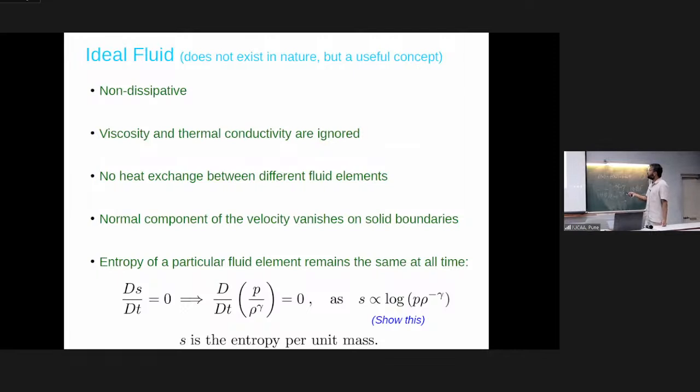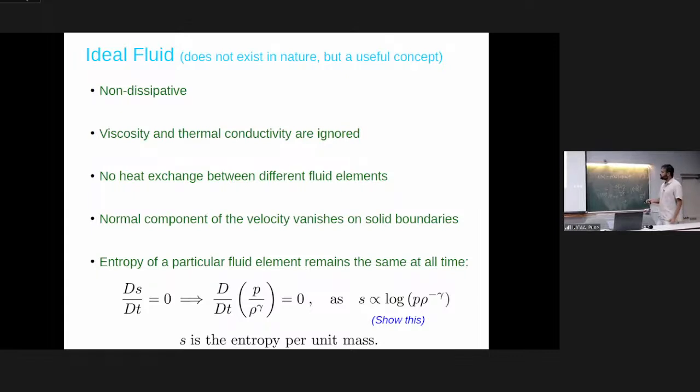So the normal component of velocity vanishes on solid boundaries. That's the boundary condition of an ideal fluid. When we come to the viscous fluid, you will see that both the normal and tangential components must vanish at the solid boundary. That means the relative velocity between the fluid and the solid boundary must vanish. That is called the no-slip boundary condition for the real fluid. But here it is enough to say that it is the normal component that vanishes, and the fluid can slip at the boundary.